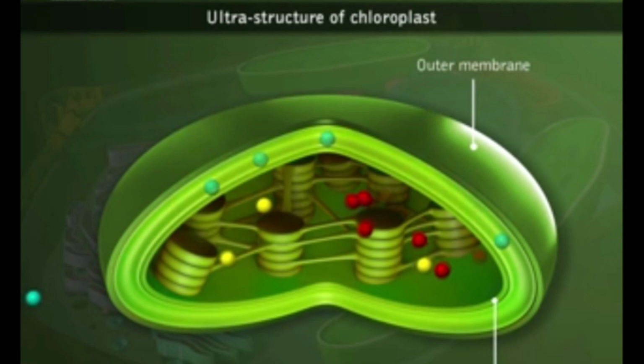Let us see the functions. Chloroplast converts solar energy to chemical energy. Chromoplasts give different colors to fruits and flowers. Leucoplasts are involved in the synthesis and storage of food like starch, oils, and proteins. Mitochondria and plastids can produce proteins as well as replicate themselves as they have their own DNA and ribosomes.